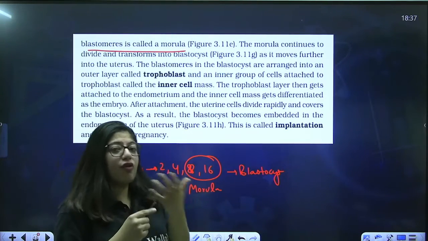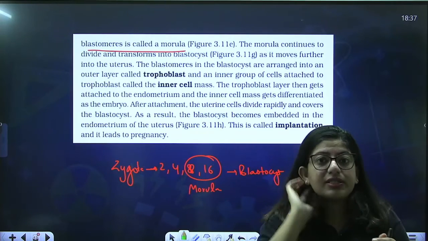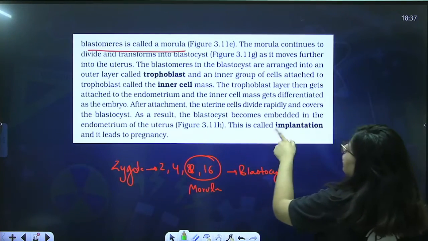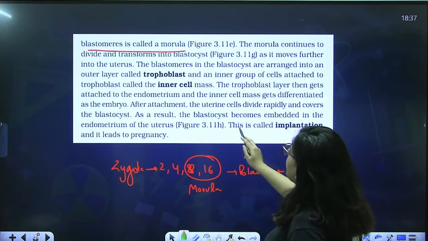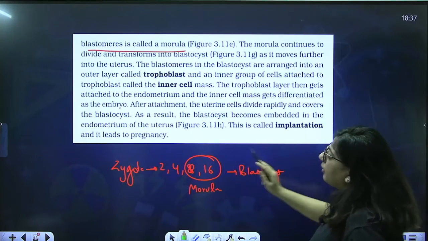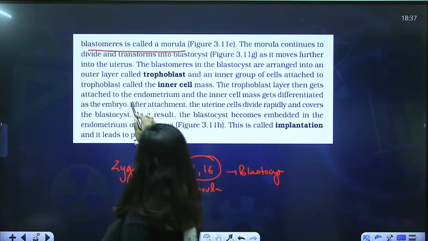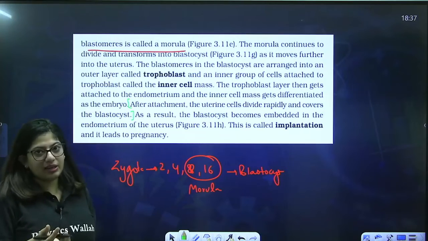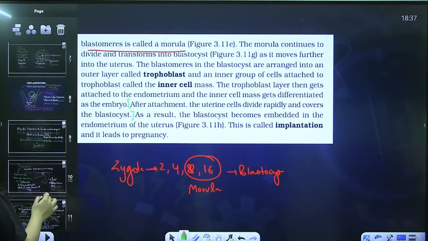So which layer forms the embryo? Inner cell mass, right? And which helps in embedding into the uterus? That's trophoblast. As a result, after attachment, the uterine wall cells divide rapidly and cover the blastocyst. As a result, the blastocyst becomes embedded in the endometrium of the uterus. This is called implantation, and it leads to pregnancy, right? So you must be confused in this line. Ma'am, what happened after implantation? We will be doing this particularly in the next class, but let me tell you here also, once the implantation has taken place,